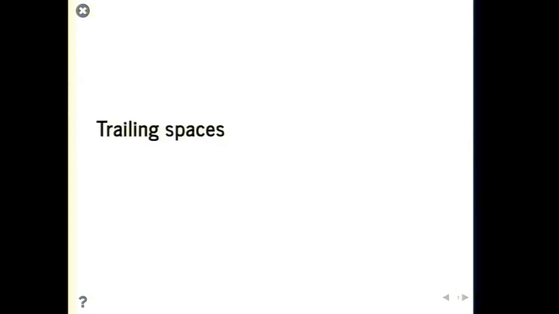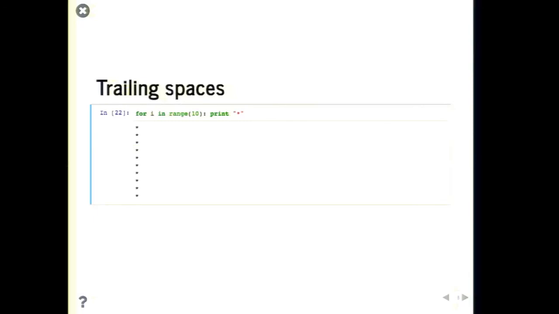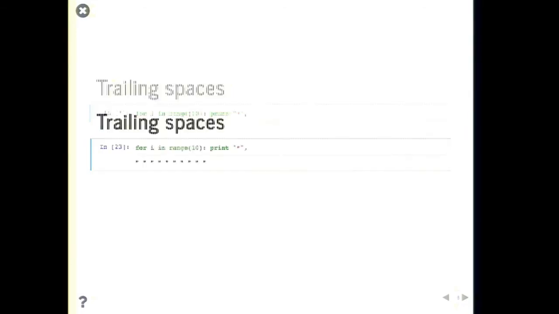Okay, trailing spaces. I think a lot of people might have tried to print without a newline, but whenever you try to do this, Python prints it like this, but you have a way to print it on the same line. So you think that this will print all of the stars on the same line. It does, but it leaves a trailing space.